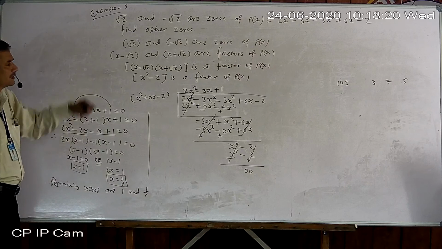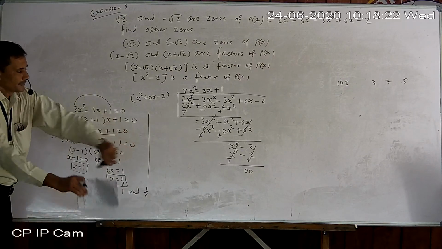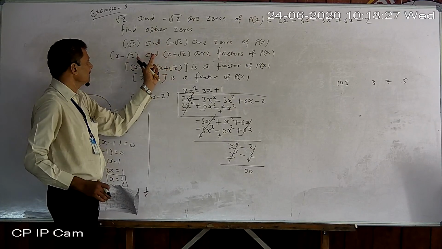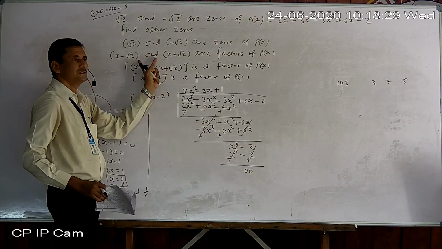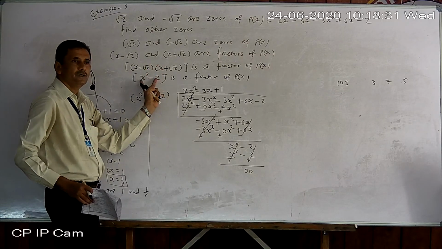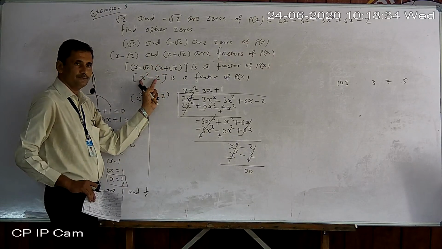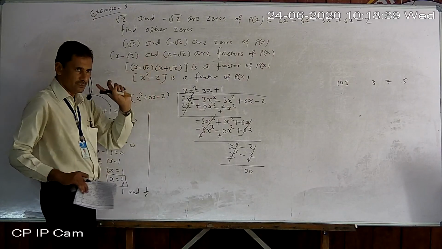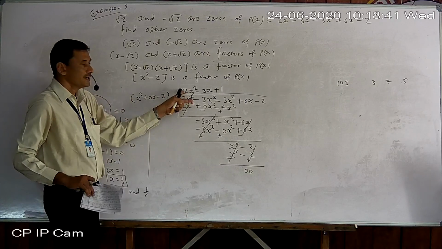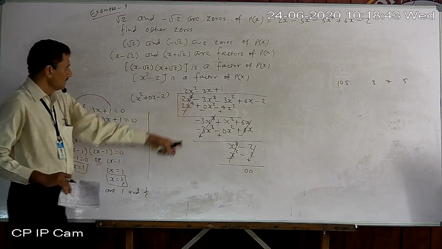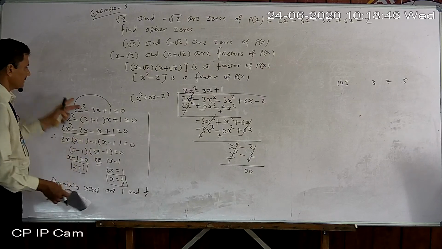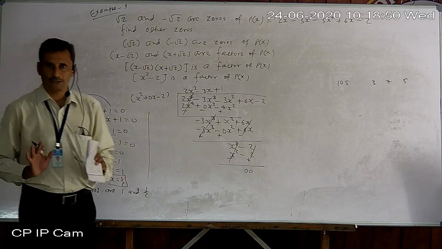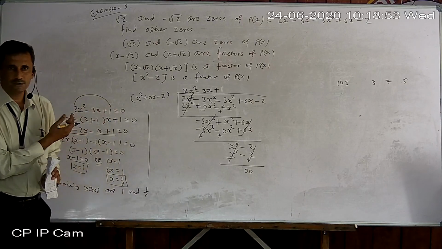So again, the process is the same. You just see here, 2 factors are given, 2 zeros are given, 2 factors. So according to the 2 factors we get a product, and that product is also a factor of the given polynomial. So always divide by the product, not individually one by one. No need to divide twice. Okay, only once. Then just like the previous one, factorize the quotient polynomial. From the quotient the remaining 2 zeros will be obtained. Okay, so this is example number 9.